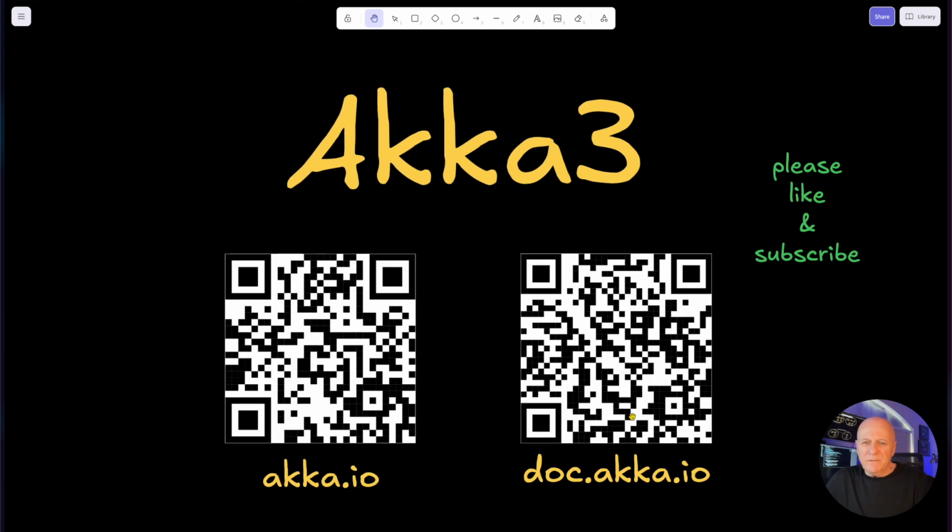So I hope this was of interest to you. Certainly, you can take a look at more details on how this is done and how Akka works itself. Go to the akka.io site, go to the documentation at